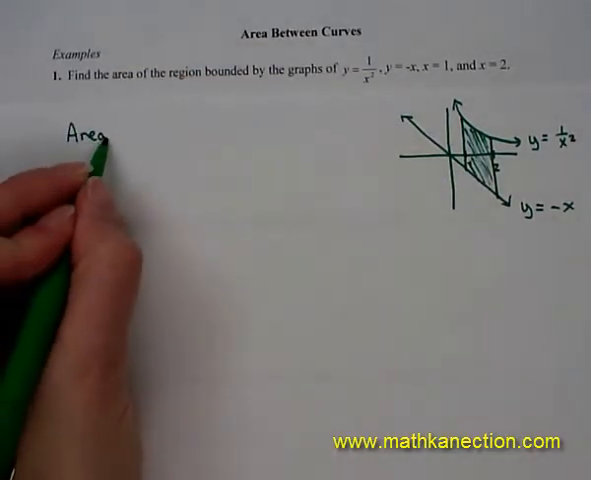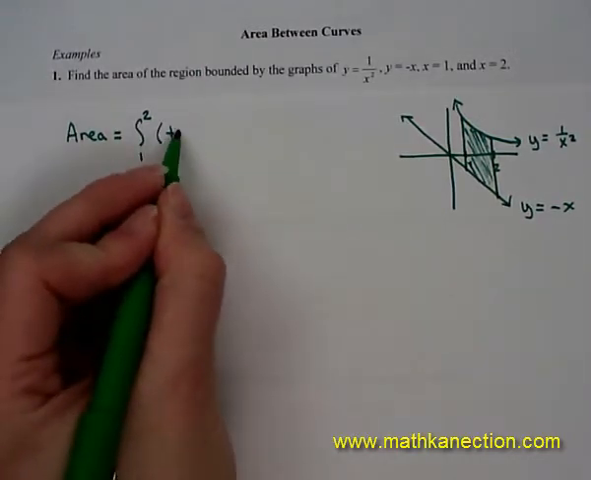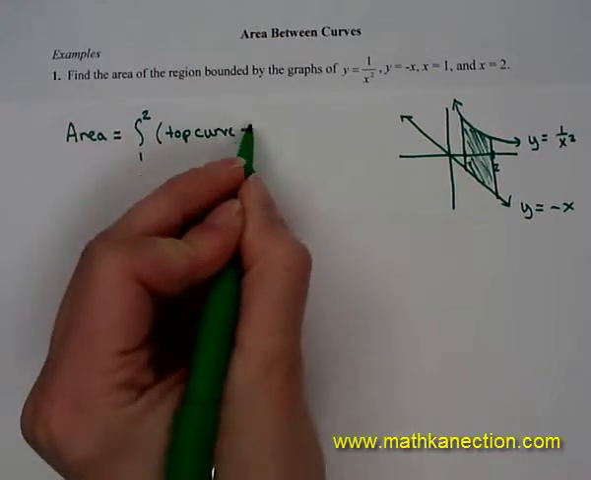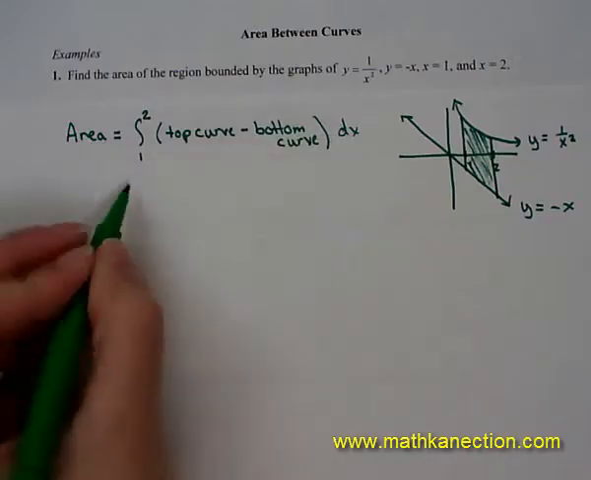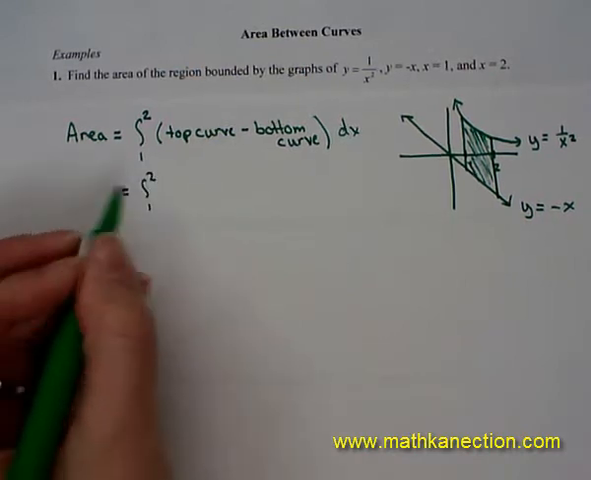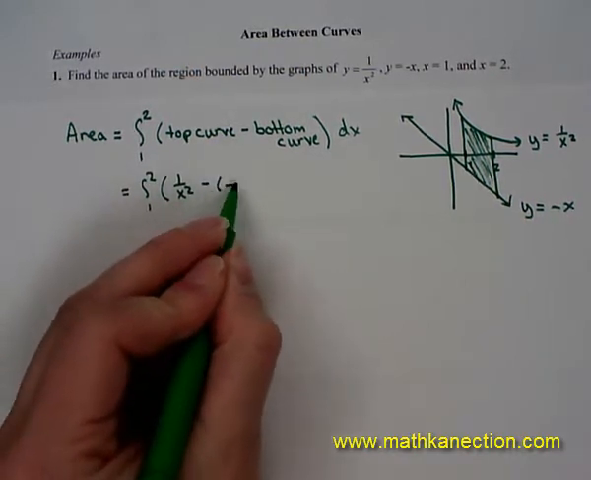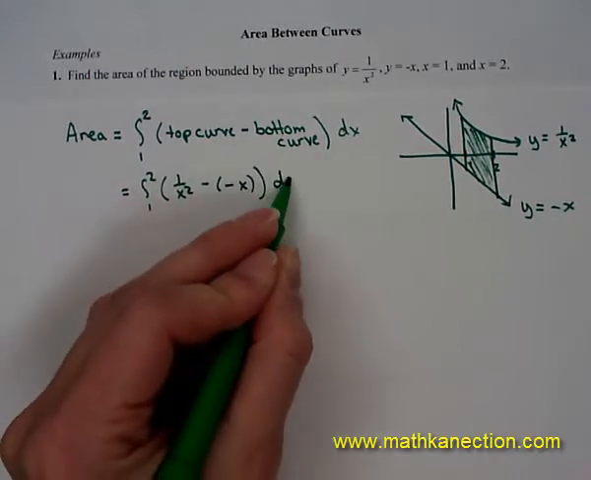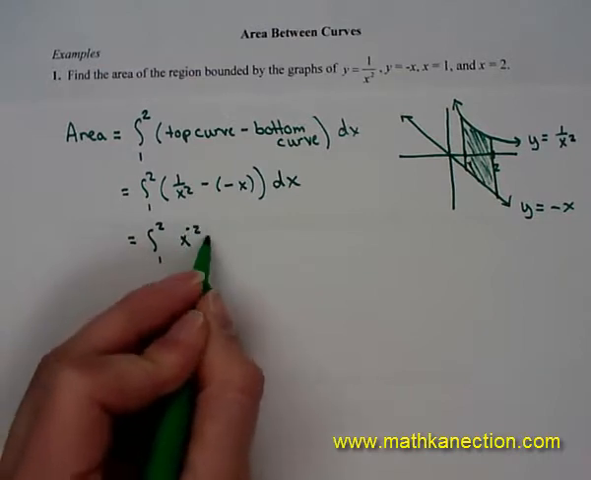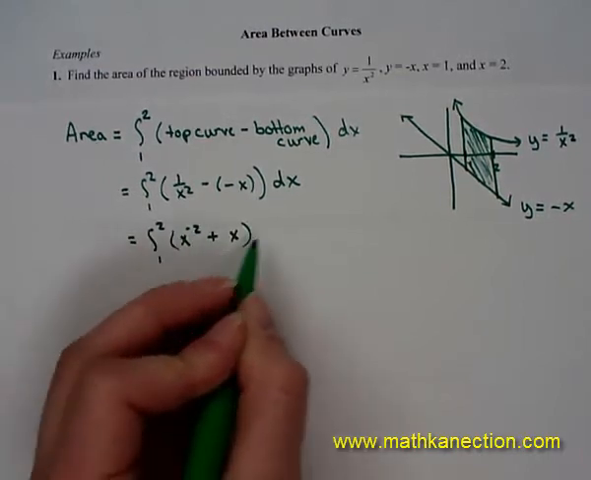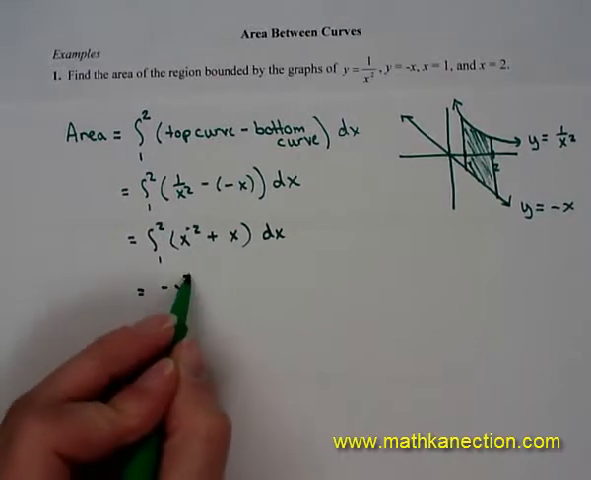To calculate our area between the two curves, we're going to find the integral from 1 to 2 of our top curve, which is 1 over x squared, minus the bottom curve, which is negative x. So we'll set up our integral from 1 to 2 of 1 over x squared minus negative x. Simplifying the problem to read the antiderivative from 1 to 2 of x to the negative 2 plus x dx. We'll antiderive to get negative x to the negative 1 plus 1 half x squared